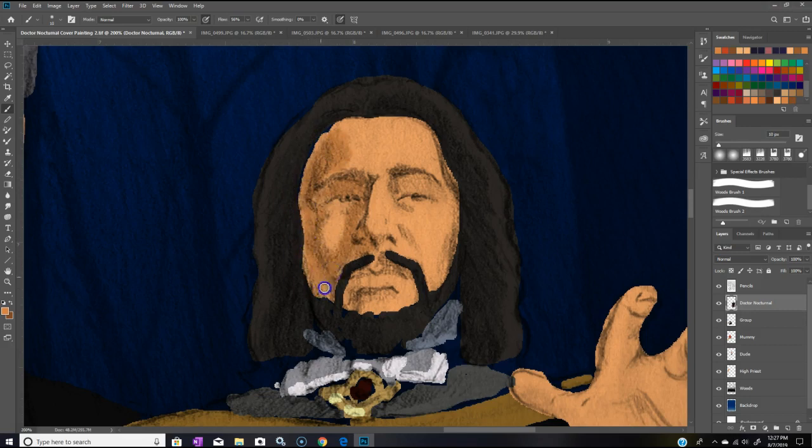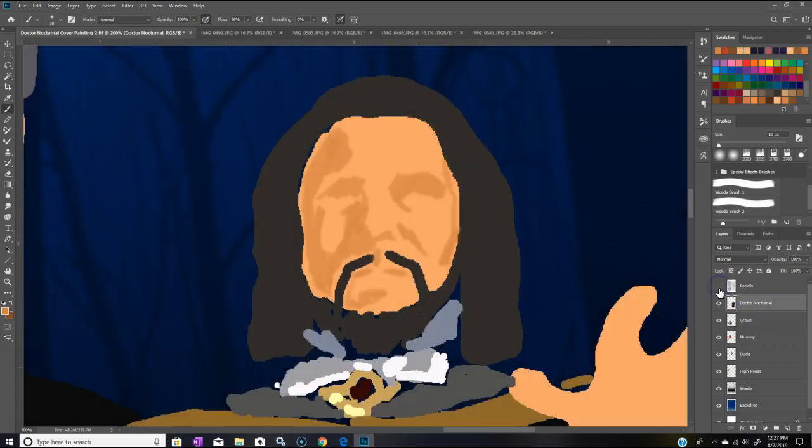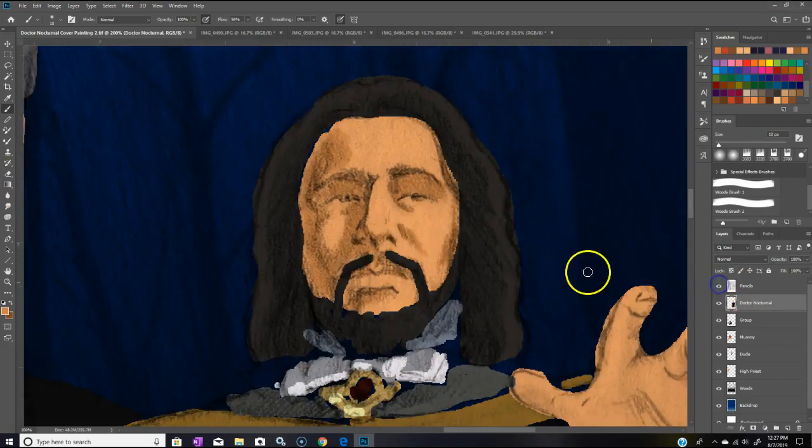Now the thing is with digital painting, when you have your pencil sketch showing, what happens is sometimes you can't really see what you're doing that well. So every once in a while you have to pop the pencils off and get an idea of what it is you're trying to do here. That's not too bad. Okay, let's get a little darker color in here,